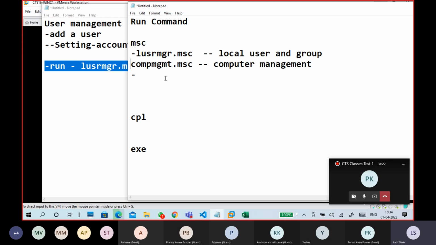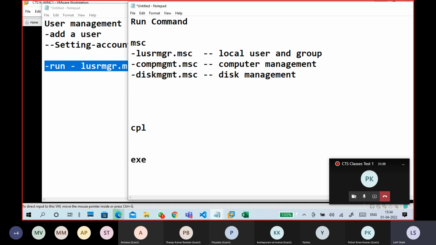Next, diskmgmt.msc, it is related to disk management. Related to disk management, local users and groups, computer management, disk management, so many things are there.